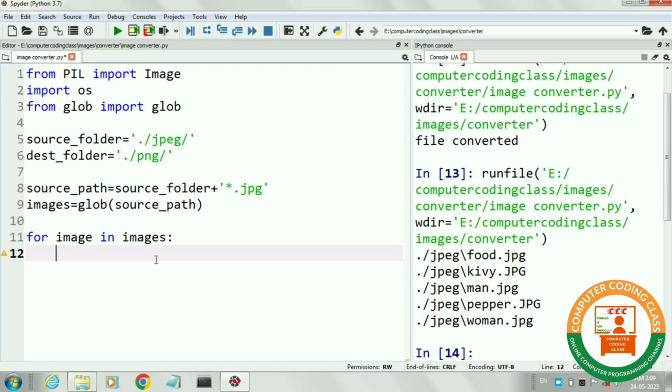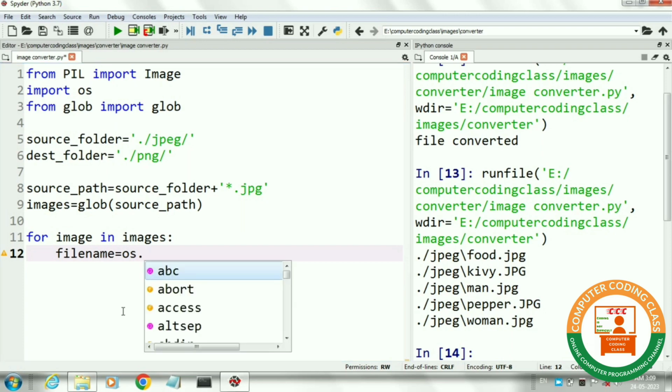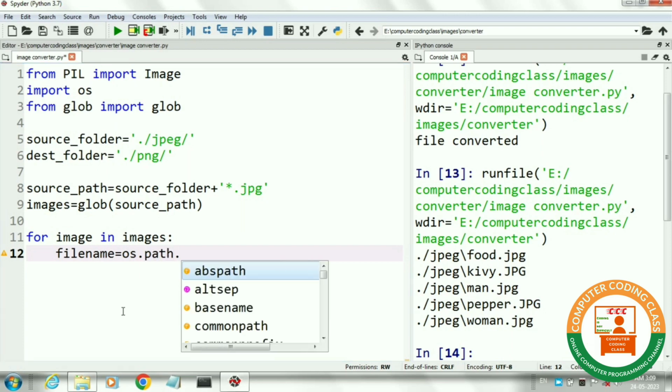For this, I will use the OS library package. For this, we will write file name equal to os.path.basename, and then in parentheses we will pass the parameter image.